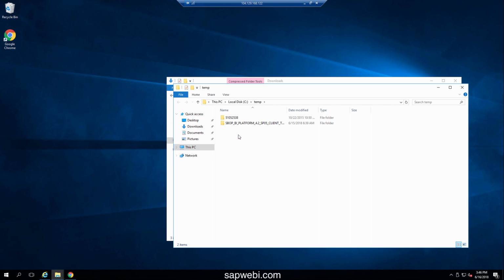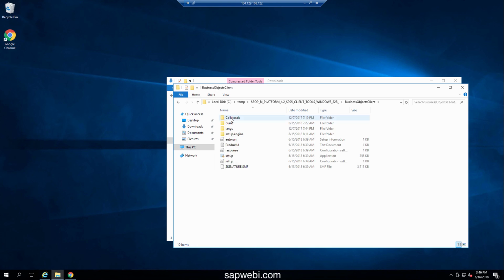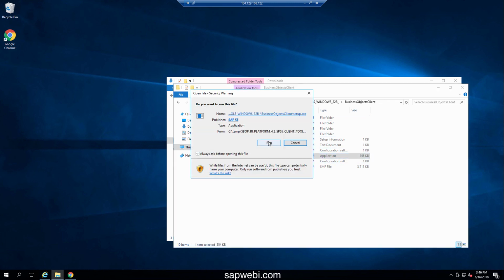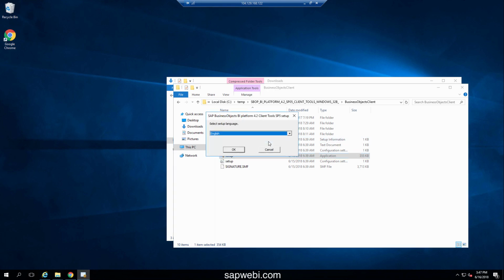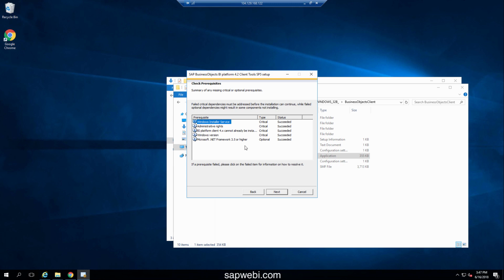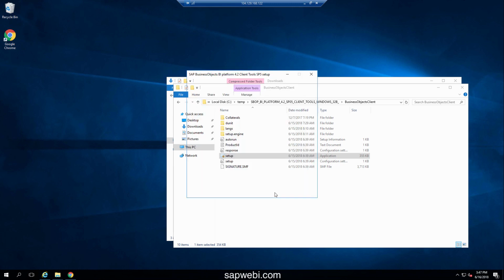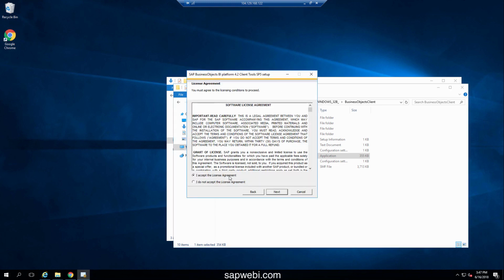Go back into your temp folder and open up the BI Platform 4.2 Client Tools. Open the Business Objects Client folder and then double click on the Setup. Choose your language and press OK. We've passed all the prerequisites, so press Next, Next, accept the agreement, Next,